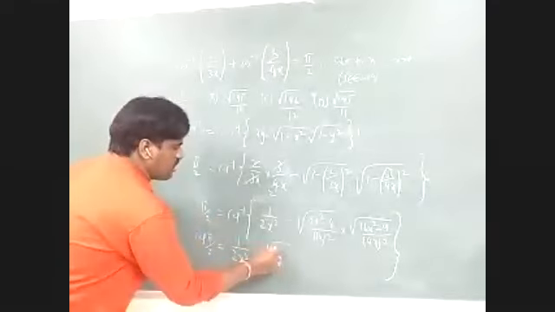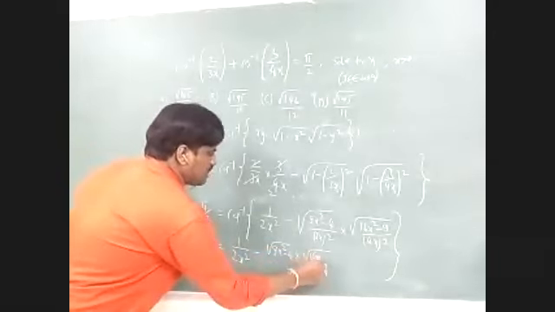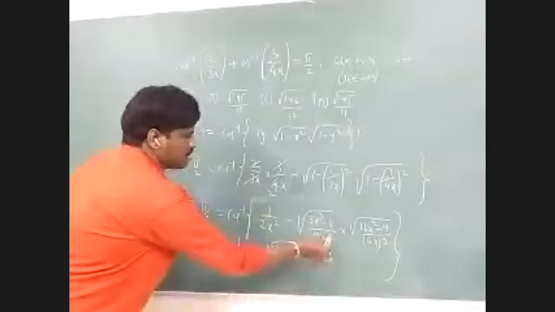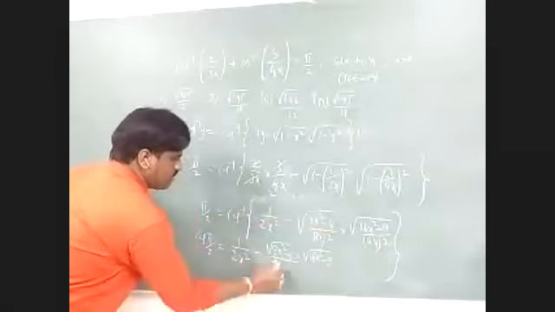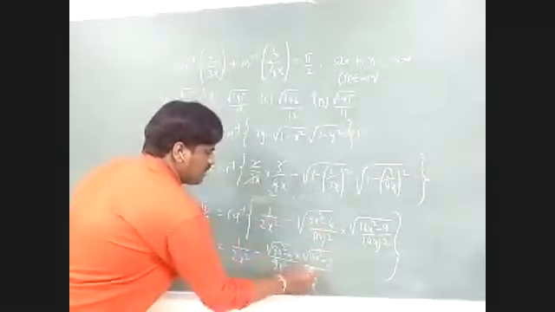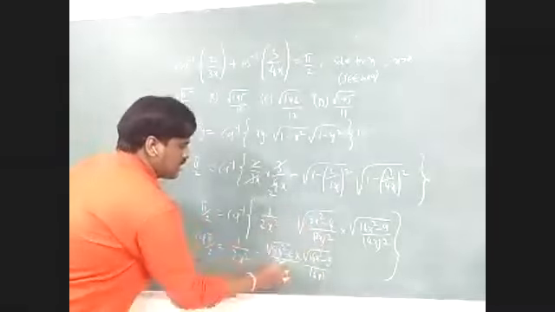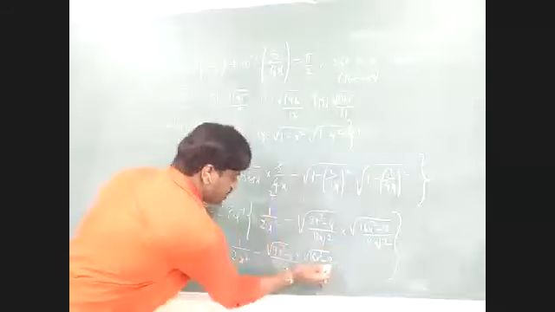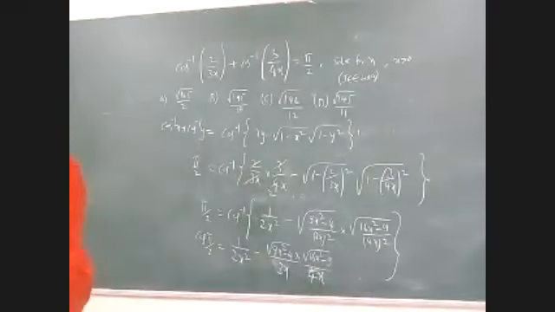this I can get as square root of 9x square minus 4 into square root of 16x square minus 9. Here square root cancel. For this one I get 9x square, for this one I get 9x square, for this one I get 16x square. Because square root cancel, I get 3x for this, and for this I'll get 4x. Now you have to simplify this and find the value of x. Can you tell me what is the value of x? Please do it.